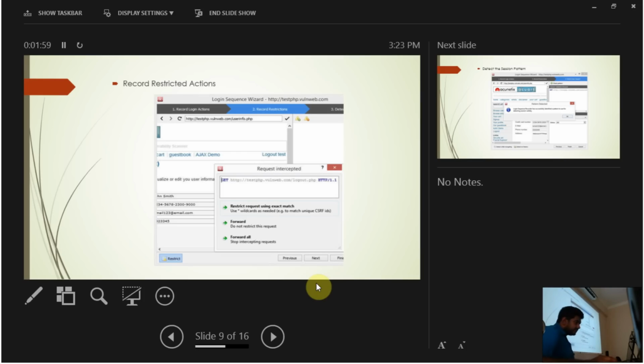And when the scan is running, is it clicking buttons, or is it just the URLs? No, it will go through all of it. If we have next buttons, previous buttons, it will go through all of that, because we have to restrict any actions which would stop or block the flow of the scan.